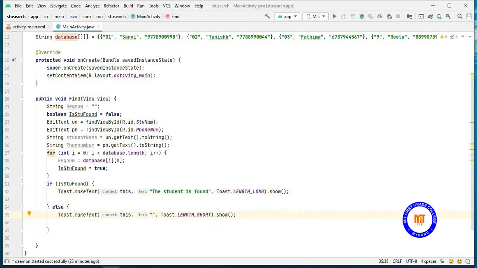Else the message has to be the student is not found. So now we have to run the program. Click on run application.